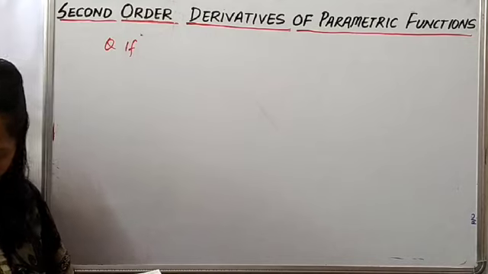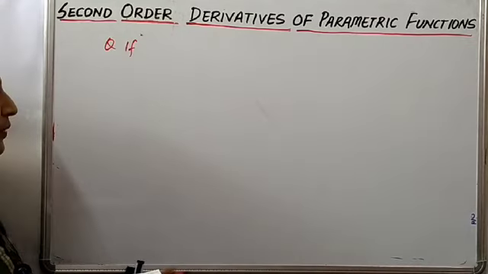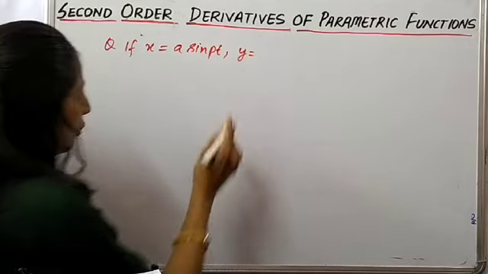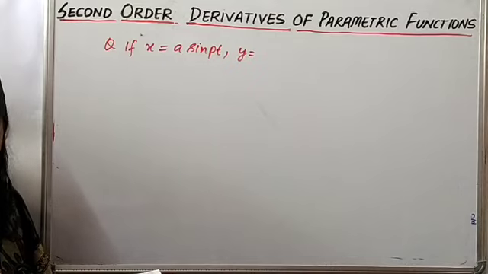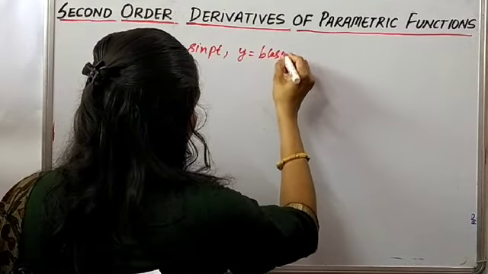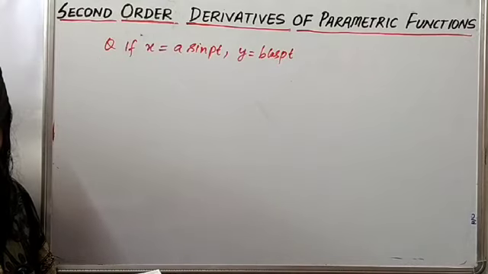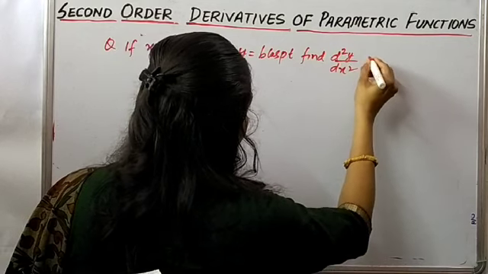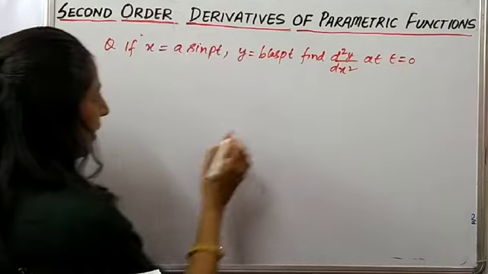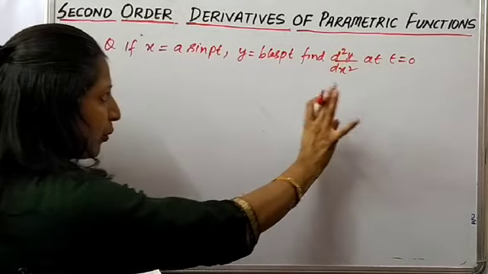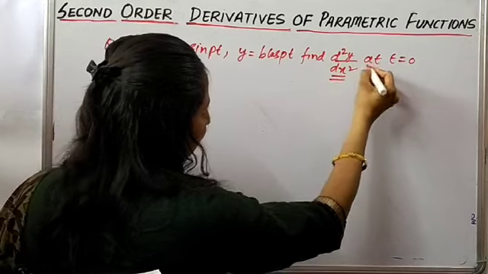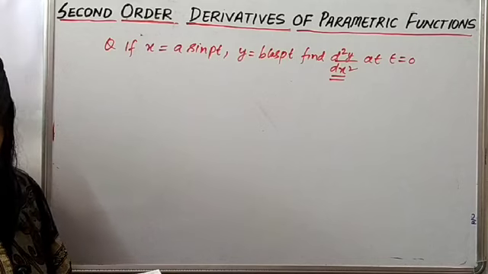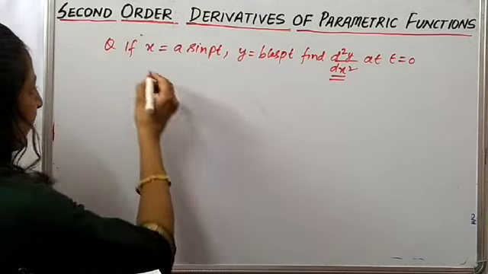So our next question is, if x is equal to a sin pt, y is equal to b cos pt, then find the second order derivative d2y upon dx square at t is equal to 0. Firstly we will find the second order derivative, we know how to find it, and just in place of t we will put 0, and we will get the second order derivative at t is equal to 0. And in addition, in this question we have to also show that